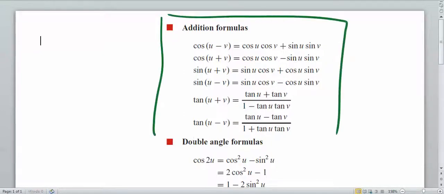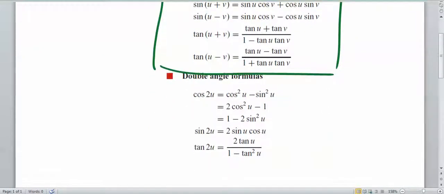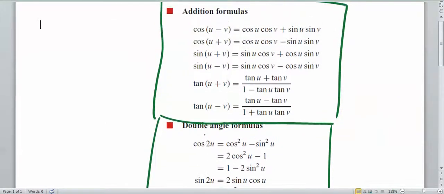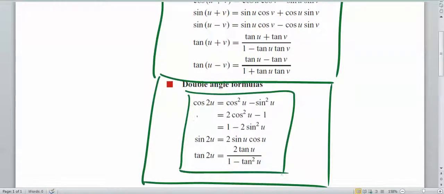I'm going to derive these. And look, it's something that I really don't want to do in a video, otherwise it'll take too long. I'd rather spend half an hour in class. And then I'm going to derive these as well. The derivation of these though, these things here, actually come from